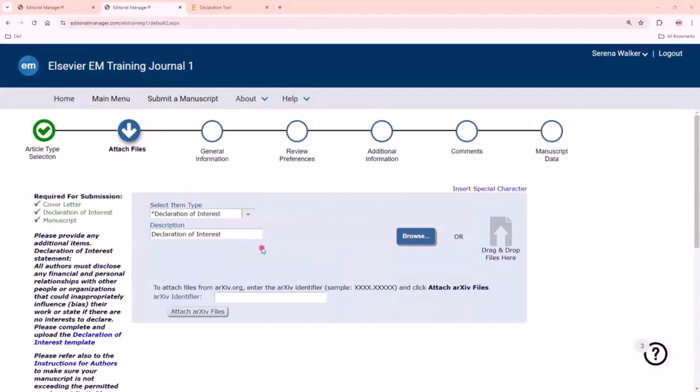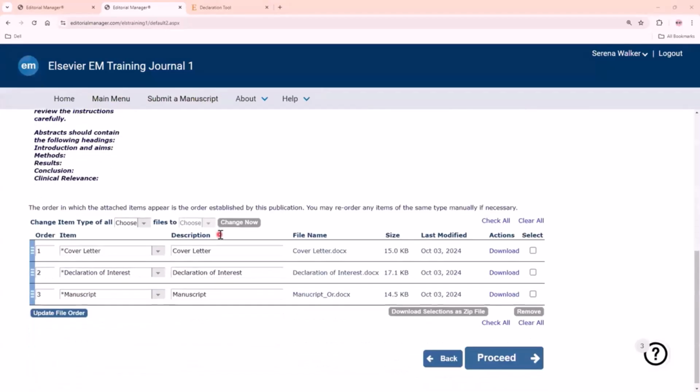I will take you through declaration of interest in the next agenda. But before that, please make sure you upload all the information and check the description. And also, please make sure if you are trying to edit the description, there should be no personal identifiers added.